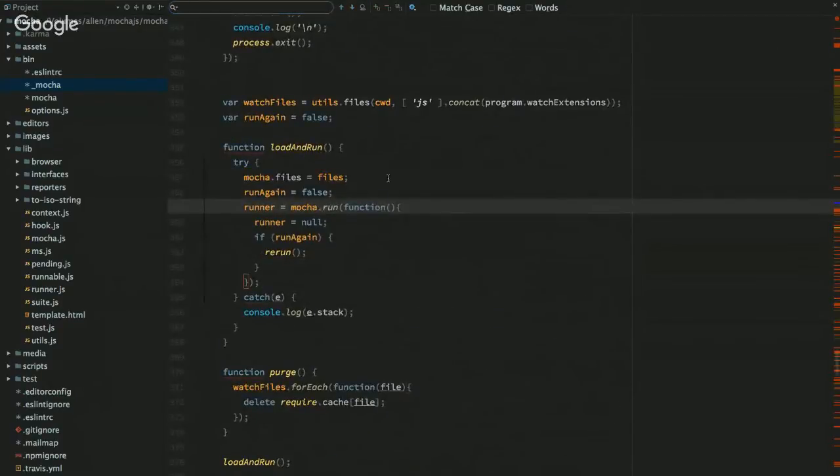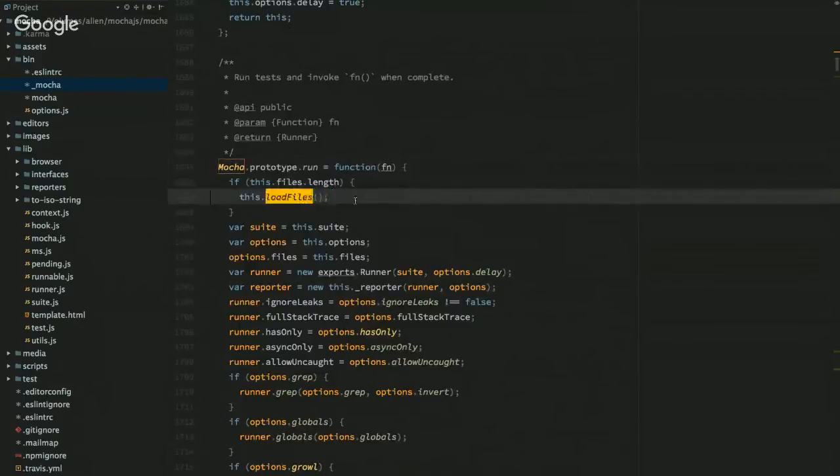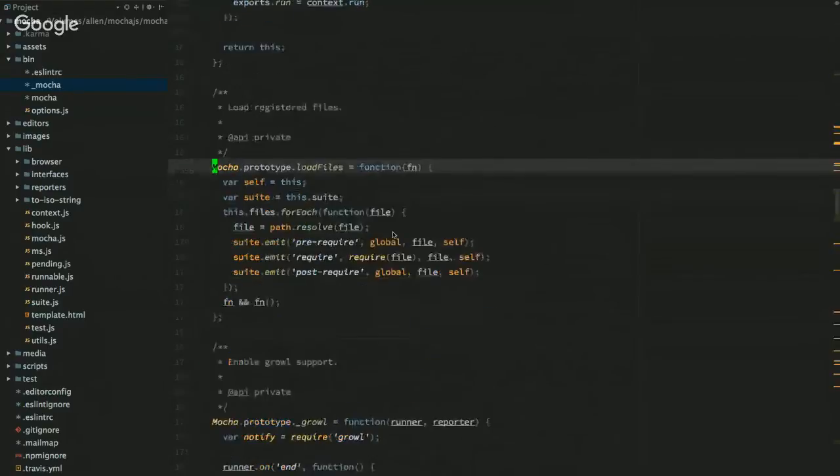And then we'll have this run. And so run will look for this file's length. It goes ahead and loads them up. Okay, and so what's happening here is that load files is called. Okay, and so load files gets this list of file paths, and for each file path, it